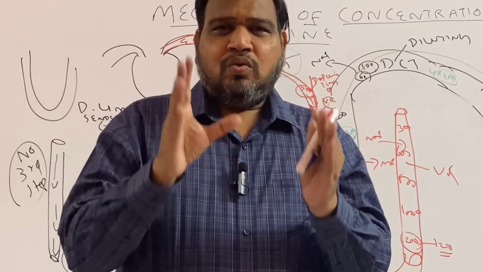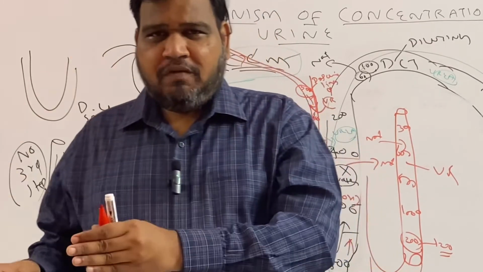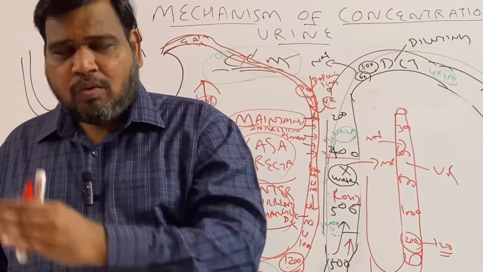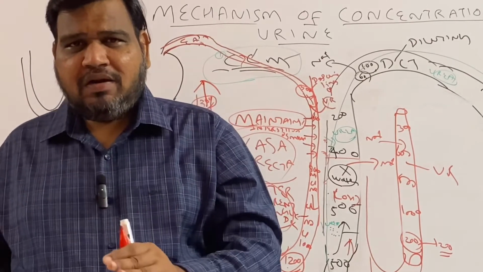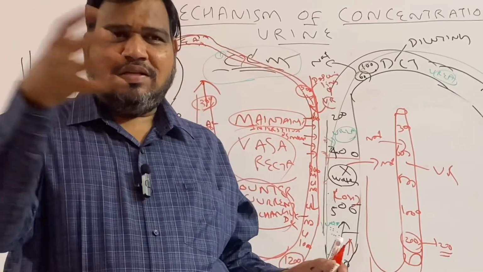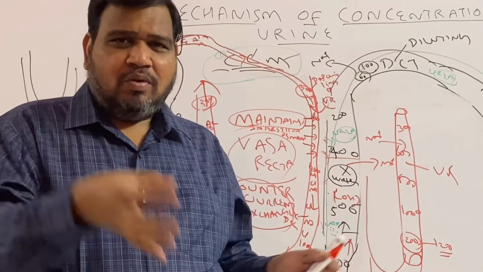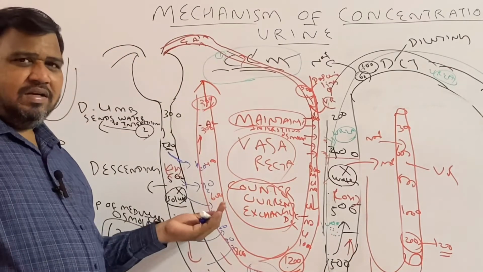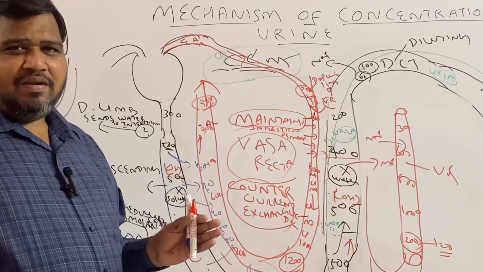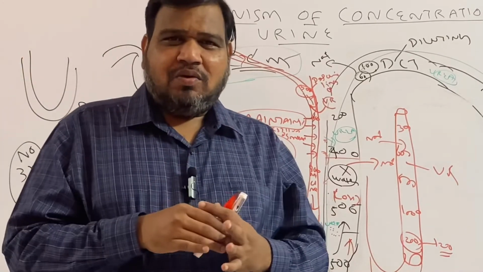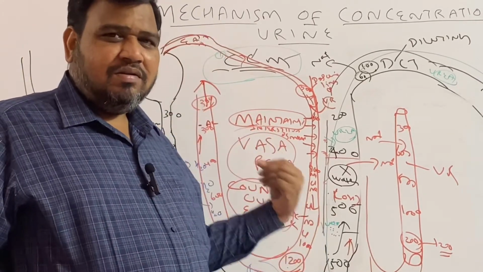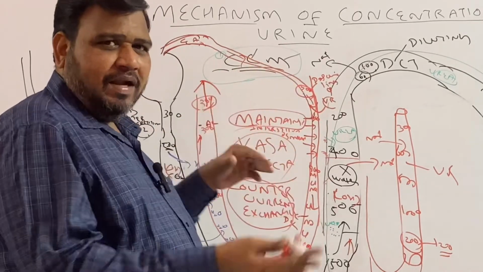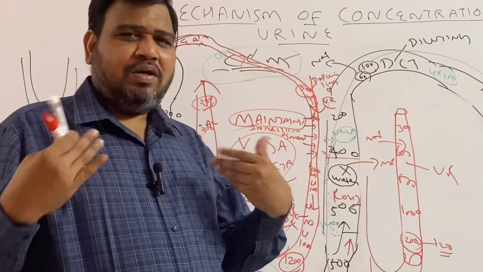1200. So 1200 is produced by loop of Henle as well as urea recycling. Loop of Henle, the mechanism we call countercurrent multiplier. Why multiplier? We saw 300 becoming 600, 600 becoming 800, 800 becoming 1000, all those things. And how vasa recta is maintaining that we saw now. So it is a very difficult topic. Even now, if people have not understood, just watch the video again, and you can even pause for every frame and think about what has been explained,